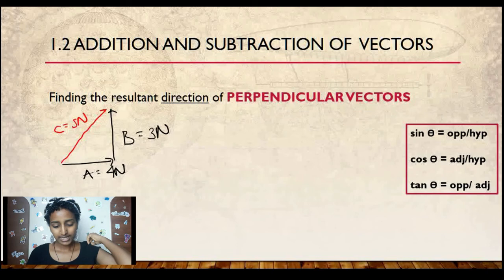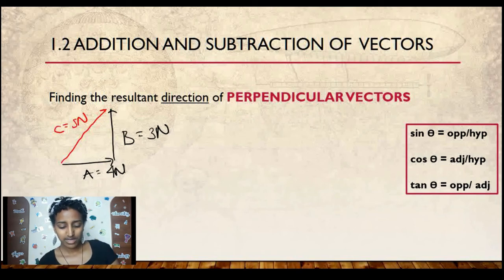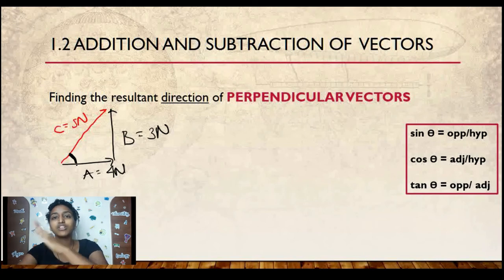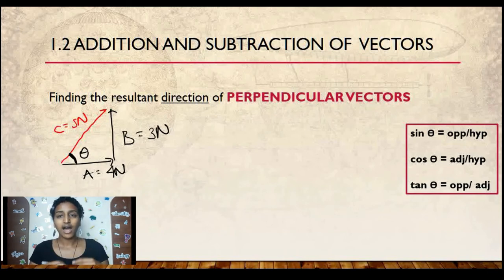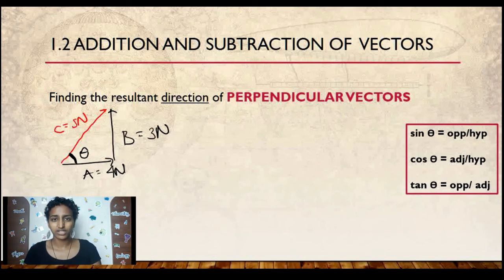Now I can see right off the bat, let me use vector A as my reference line, or like a continuous line from vector A as my reference line. Then this angle right here becomes the direction of vector C, because we see how much C is elevated from this A. So let's call this theta. You see how I define the angle that I'm looking for. I can use any angle from here, but I'm saying I want to use this angle theta. So if you want to describe the direction, you choose the angle and you choose the reference line. But this is the most standard thing to do. Take the horizontal axis and see how elevated the vector is from this horizontal axis.